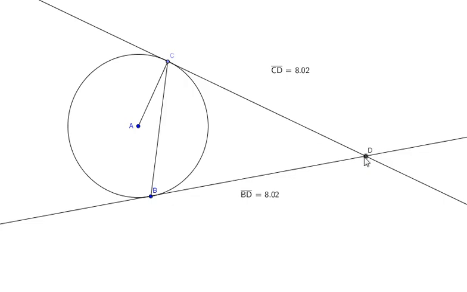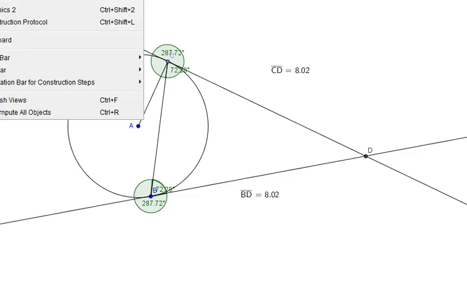So I'm going to go DCB. It's the wrong side, so I'm going to undo that. I want BCD is 72 degrees, and I want CBD is 72 degrees. So I've just shown